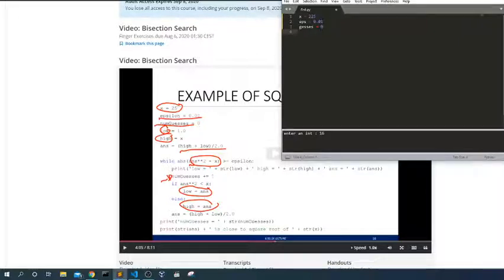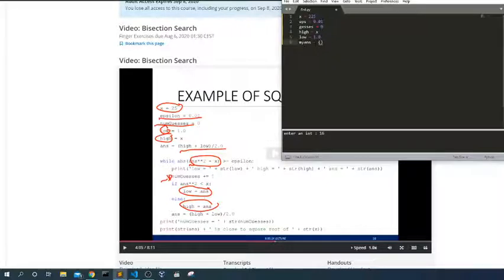High or low. High is x, and low is 1.0. And my answer equals high plus low divided by 2.0.